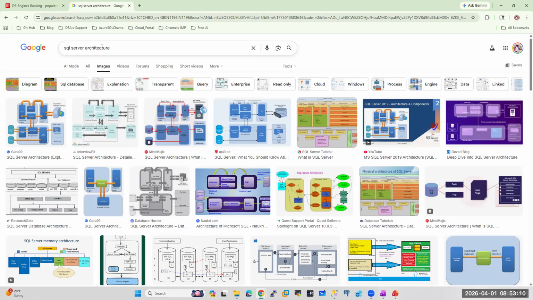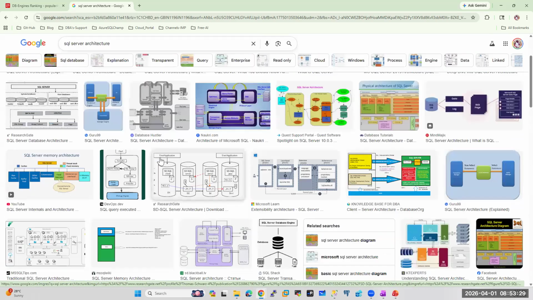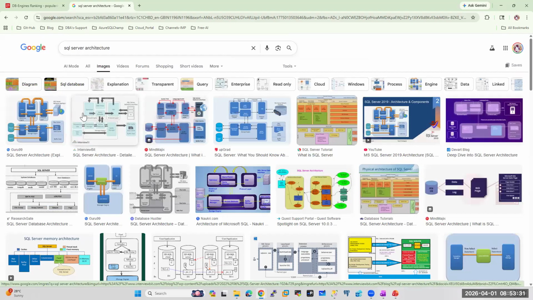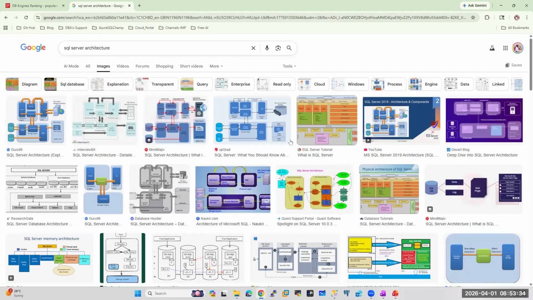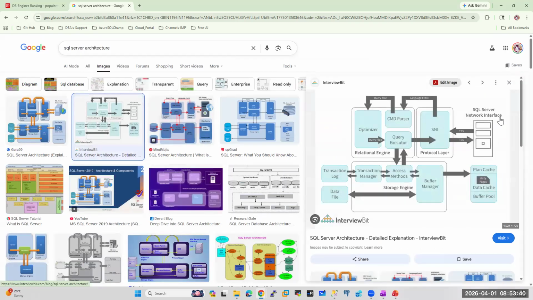Usually we will go to Google and search for SQL Server architecture. Imagine you went to Google and searched, you will find lots of images and documents. In most of the images, you will see there is a network, it goes to the protocol layer, then to the relational engine, and you will see the storage engine.